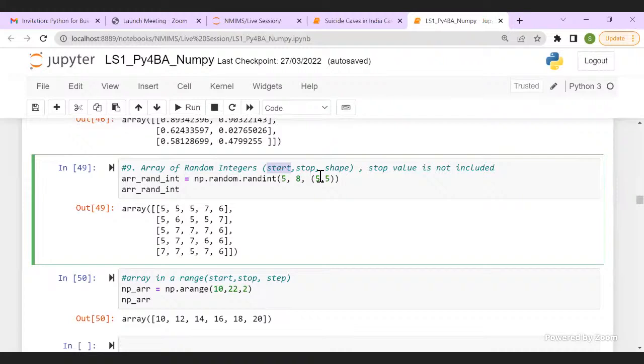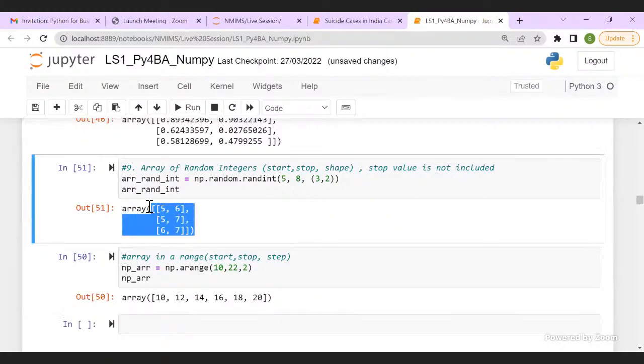Earlier I have given here 3,2, I think. I don't remember. So whatever the shape you want to give. The only catch out here is the stop value is not included. So when I execute this code, you see, I have 5 as the starting point.